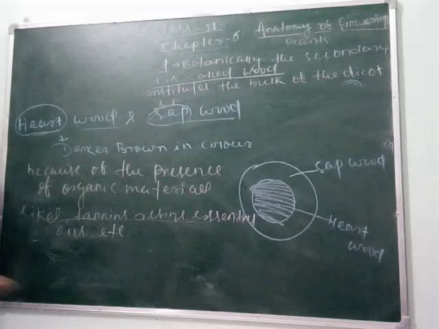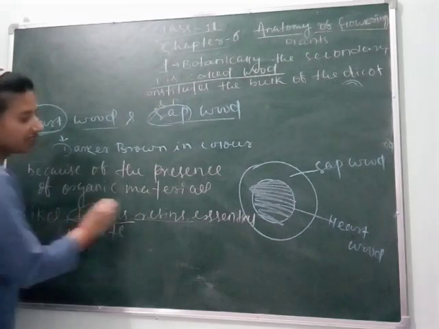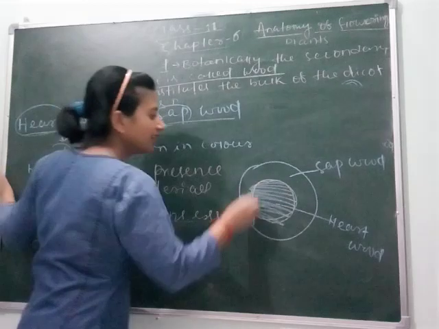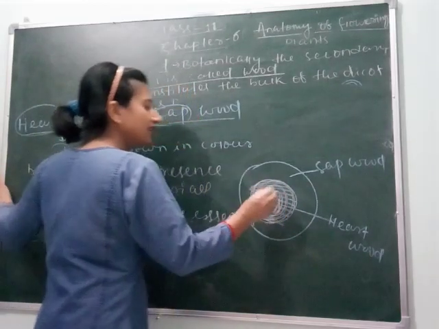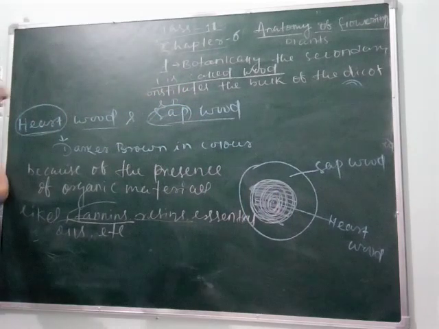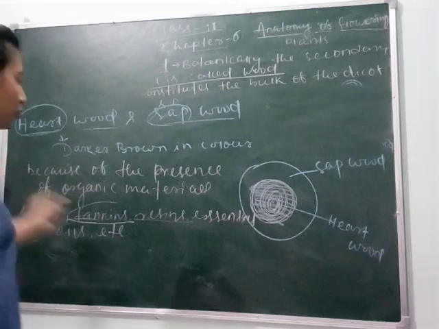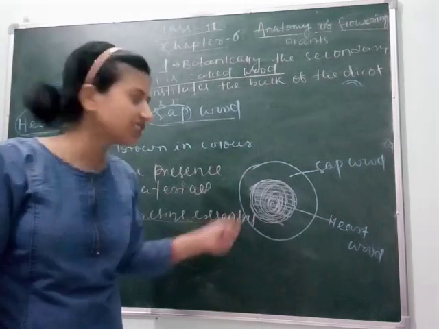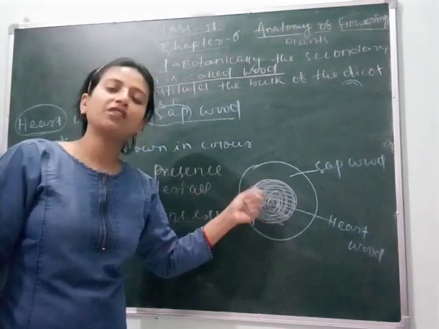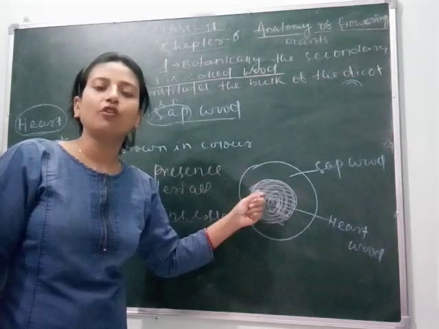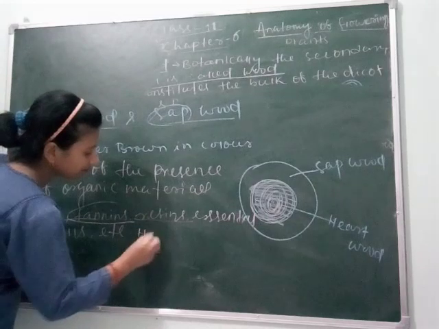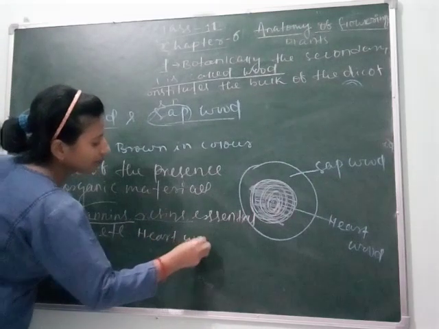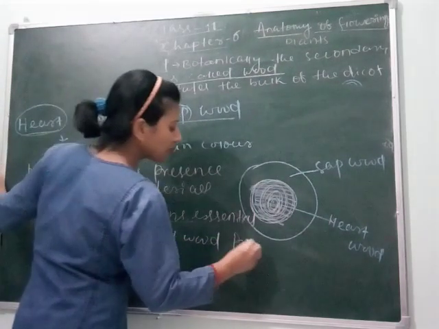Again, due to these depositions, they have a hard structure. Inside the wood, the central part is a hard structure. This means the hardwood not only provides the mechanical strength, but also due to presence of these organic substances, it protects the wood from insect attack or pest attack. Remember, hardwood provides mechanical support,